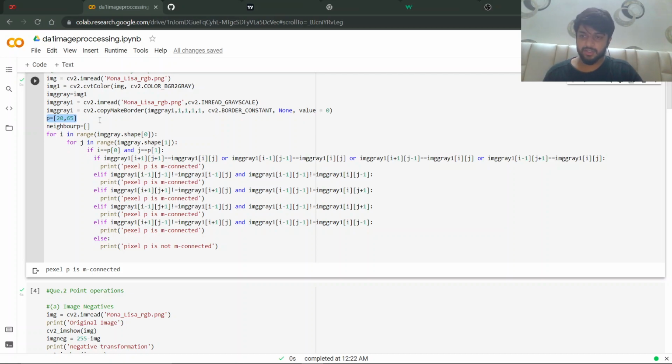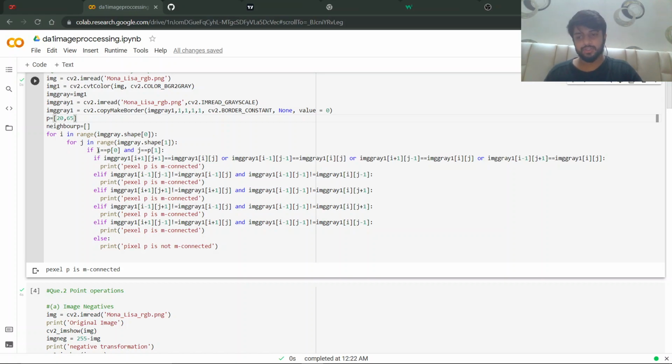So this is the pixel value. At this location there will be an image value. So we will try to fetch that value using a loop which will run through the image. And once we get to it, if i is equal to p0, which is this pixel's 20 value, and j is equal to p1, which is 65, like this is that value, then we go to that pixel and start our main processing.